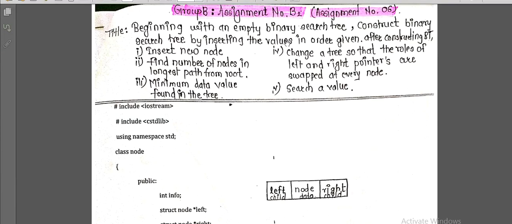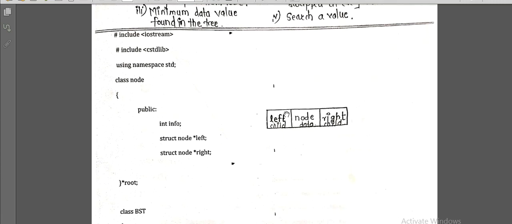So it is having the same title, that we have to start with the empty binary tree and then we need to construct it, then we have to insert some nodes over there likewise. So not wasting much time, we'll directly move towards this. Initially we have to include the header file that will be required to execute this program, that all of you know we have included the header file.